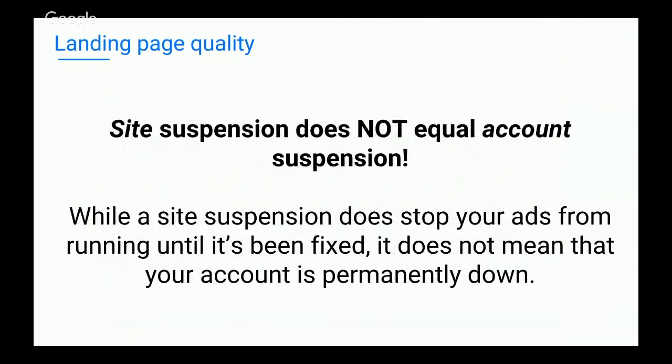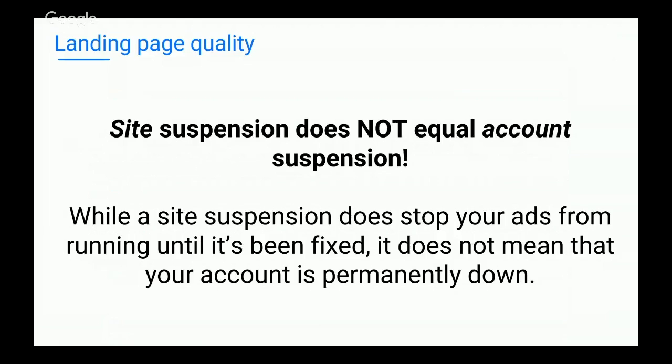Yeah, cool. So a really important thing to note is that a site suspension is not an account suspension. If you're running an AdWords account that is advertising 3 different domains and one of them gets suspended for some reason, the other 2 domains within that AdWords account are still allowed to advertise and run ads. Now, if you're running 3 AdWords accounts for the same domain and that domain gets suspended, they're going to go down on all 3 of those AdWords accounts. So it's really tied to the website itself.